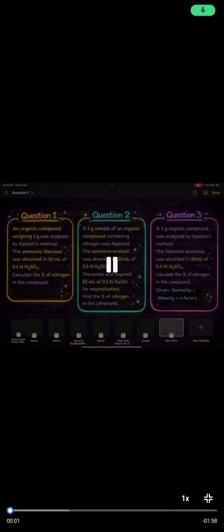Now we are going to solve questions related to Kjeldahl's method. These models appear even in JEE Mains, KCET, and NEET exams. The first question: an organic compound weighing 1 gram. That means the weight of the organic compound is given. So the weight is 1 gram,